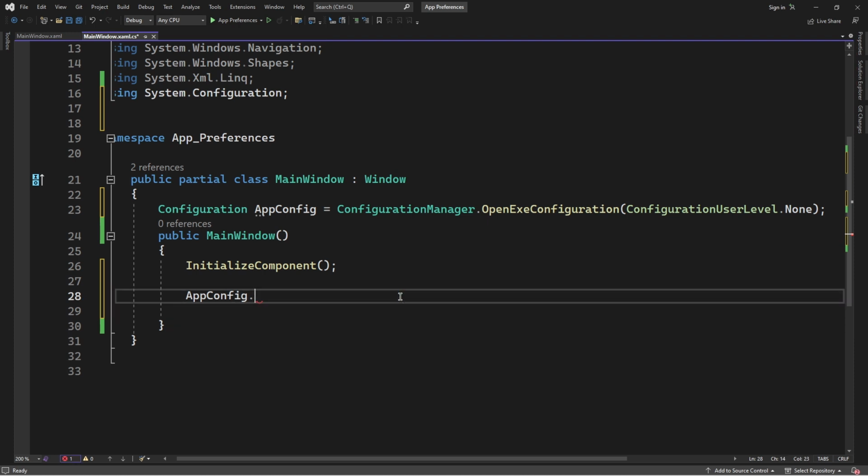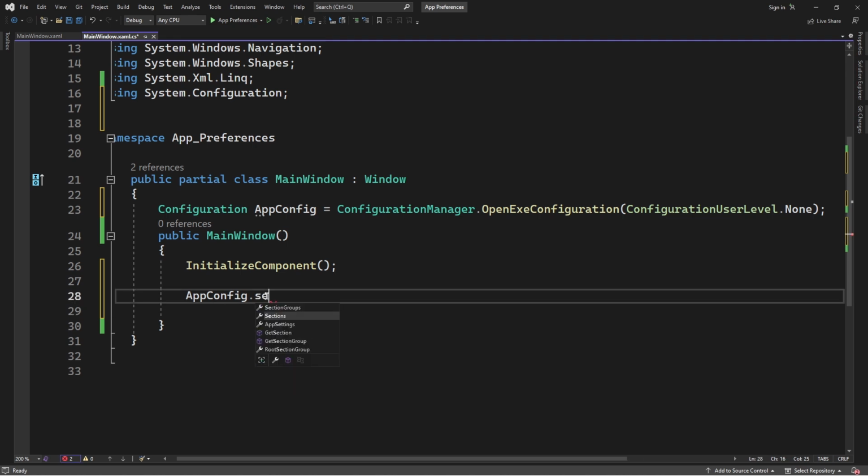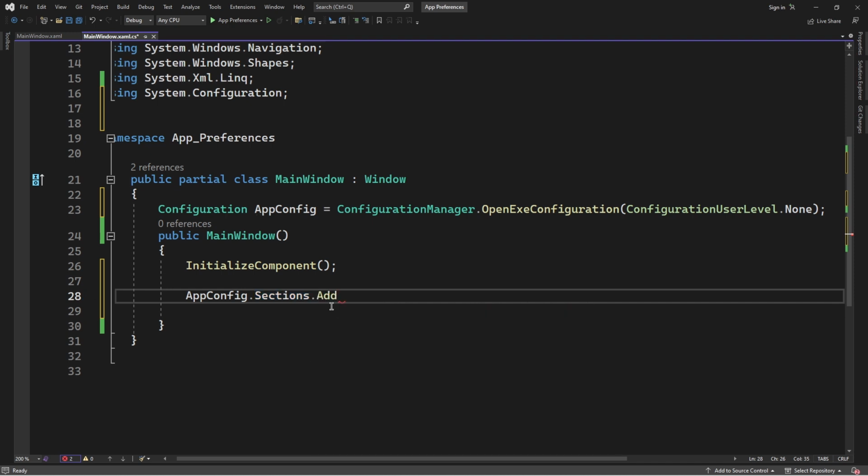Now here on this object, we have built-in sections that we can use. So we have a section called AppSettings, and we also have another section called ConnectionStrings. Now, in this tutorial, we are going to create our own custom section that's going to hold information tailored to this application. So what we can do is we can add to these sections. We can simply call the Add method,